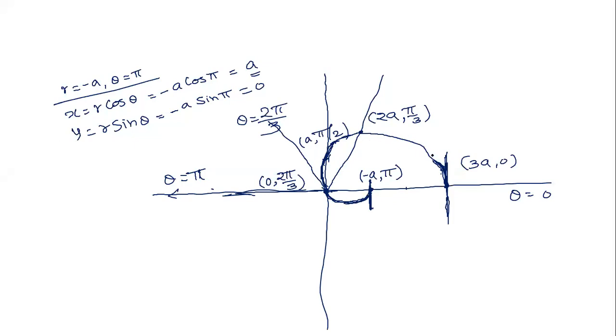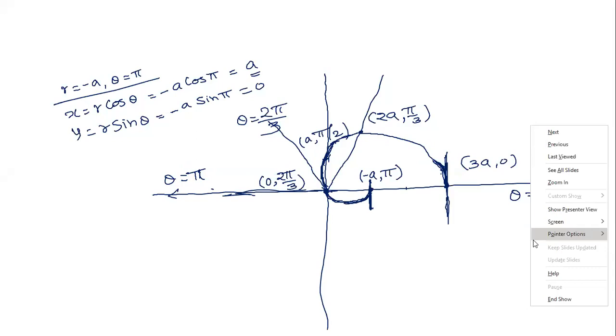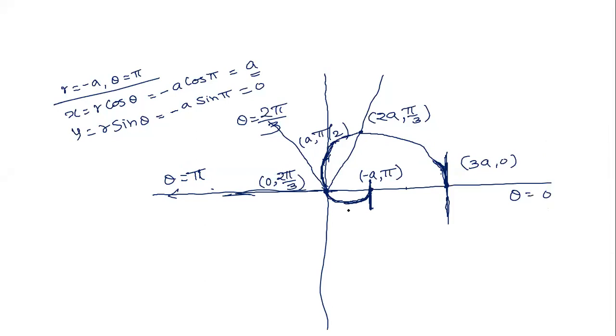We have written that the curve is symmetric about the initial line. So the same pattern is going to be repeated at the other end, and accordingly here we will have the same pattern, at the same distance, and it will be going like this, like this, like this, then here.